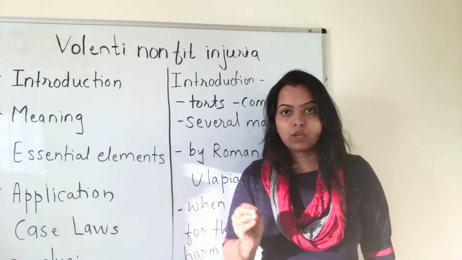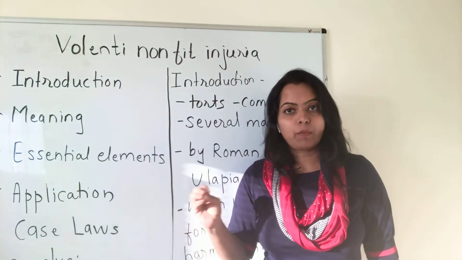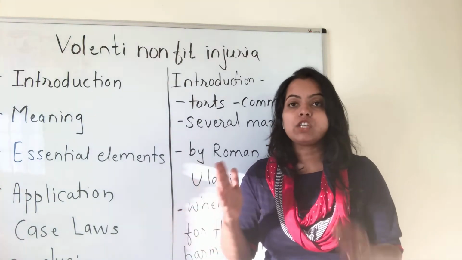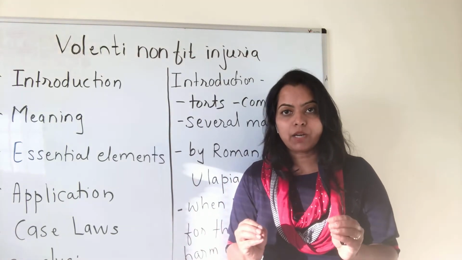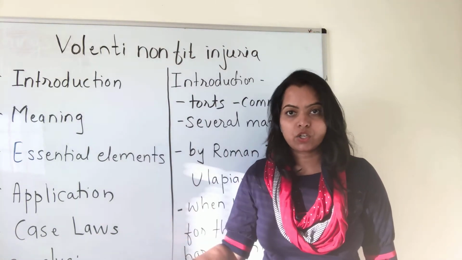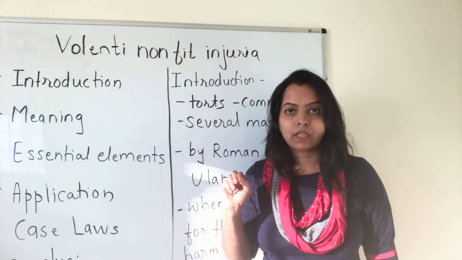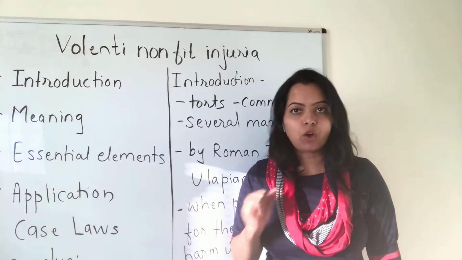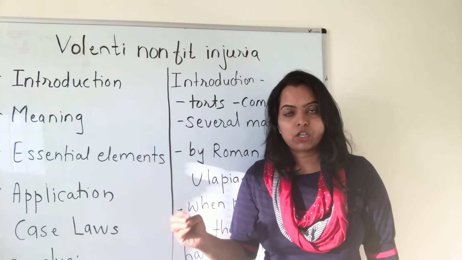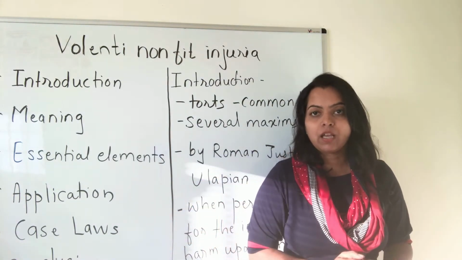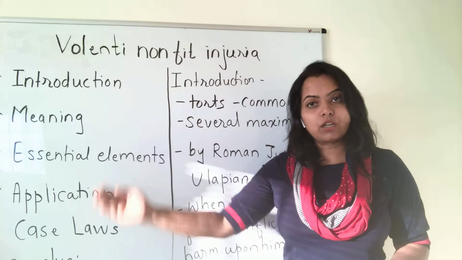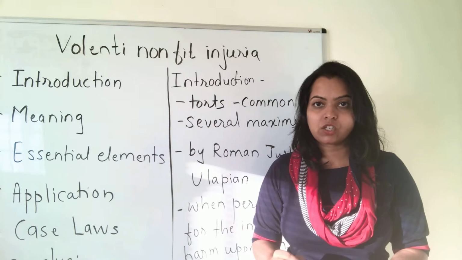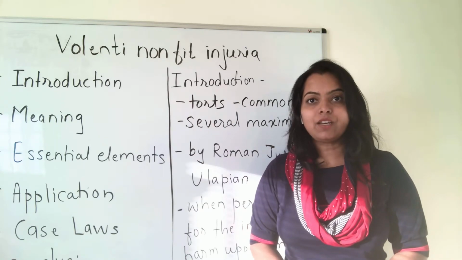Second case, A goes to doctors for his kidney operation. Doctors make him sign a form on which it is clearly written that major blood loss might happen during the surgery. A signs the form. It means he consented to such type of harm which might happen during the operation. During the surgery, major blood loss happens to A. Now over here, A cannot sue the doctors for that blood loss because he already agreed to such a situation, and this is nothing but volenti non fit injuria.